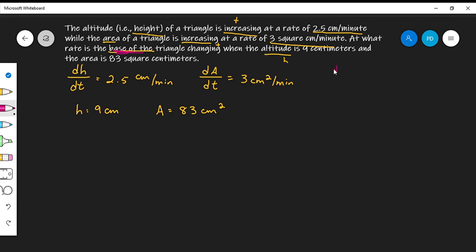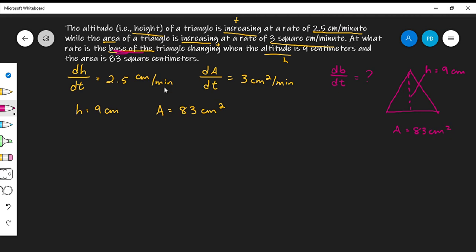That was a lot. Okay, so dB/dt is our unknown, so let's sketch this triangle and see what it's looking like. The h is 9 centimeters and the area is 83